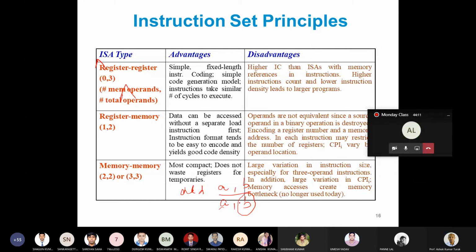So this architecture is not as available as the load-store instruction set architecture.